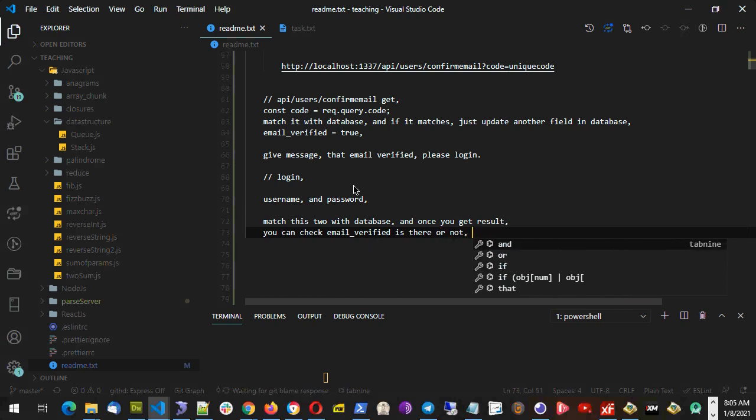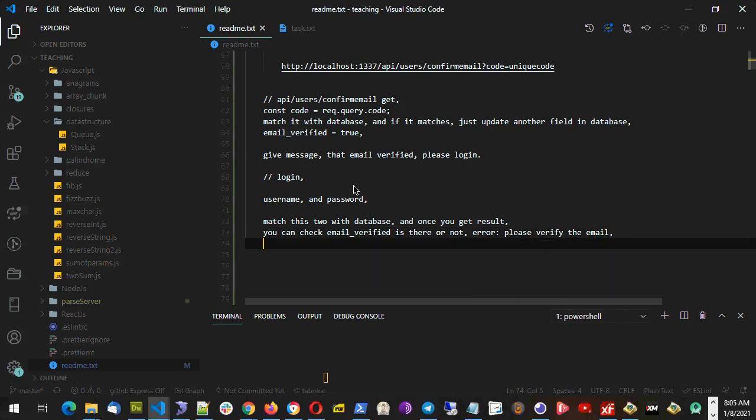If it is not there, then you can give an error like "please verify the email." And if it is there, then you just log in. Now to log in, you need to understand that